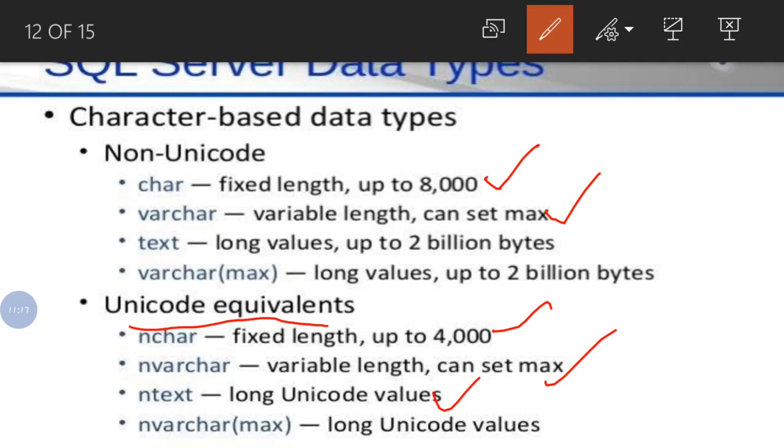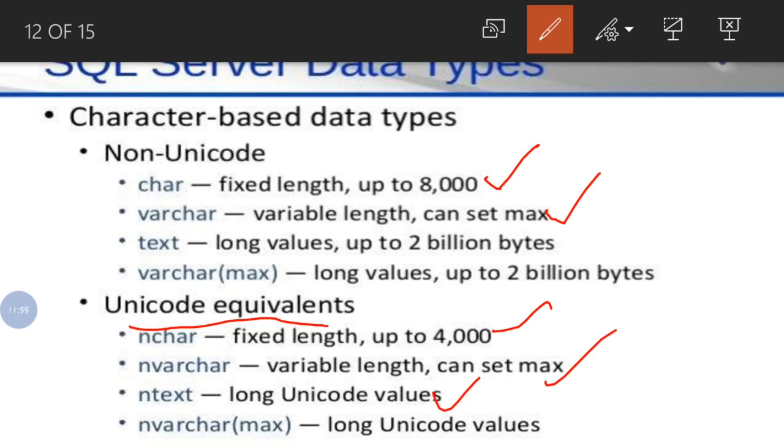But in this character data type we can store a range up to 8000 bytes, while in nchar it is 4000. The character data type is double of nchar, because here a single storage space takes 2 bytes, but there it takes only 1 byte. So that is the difference between char and nchar. In char the range is up to 8000, but here the range is up to 4000, since in one storage space you can store 2 bytes.